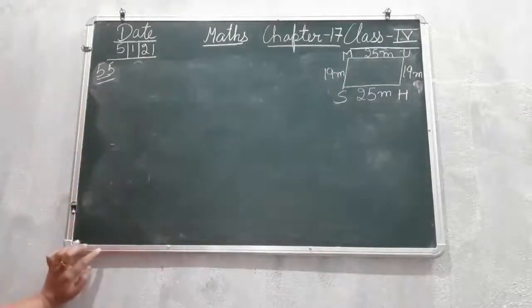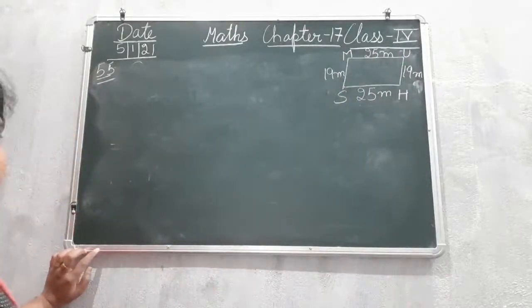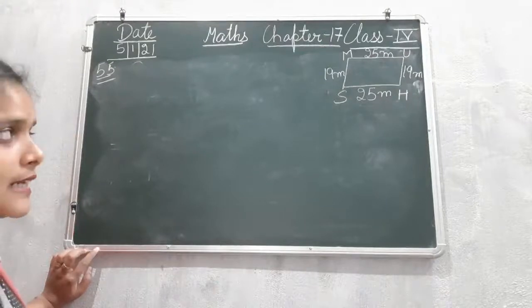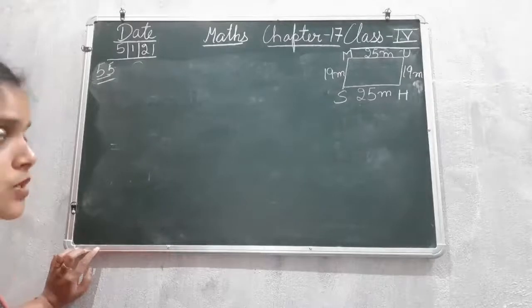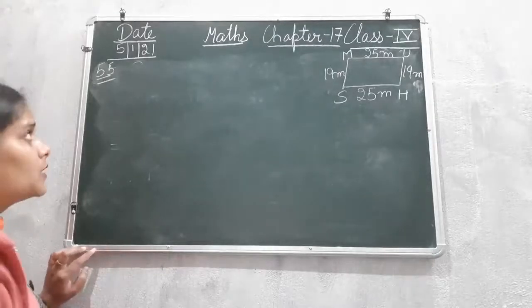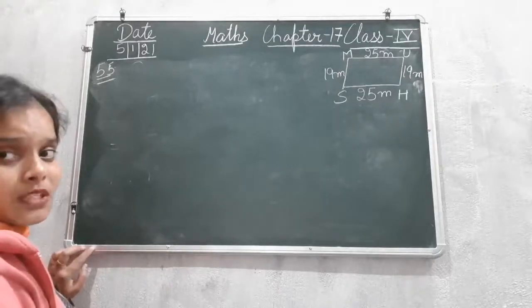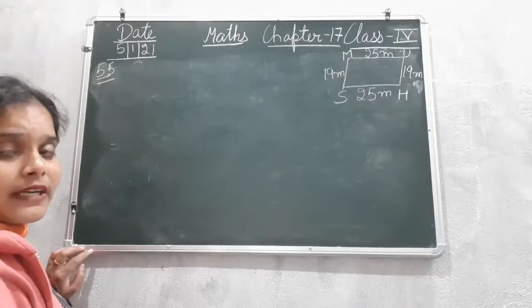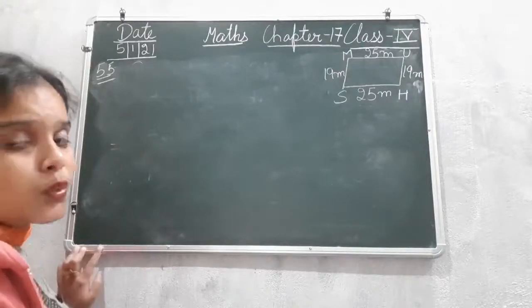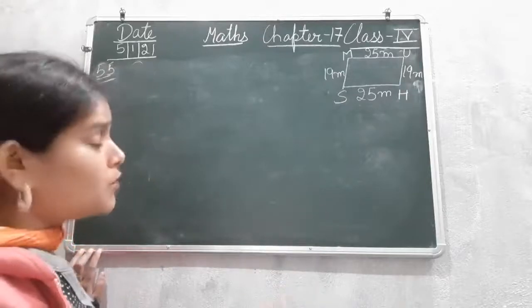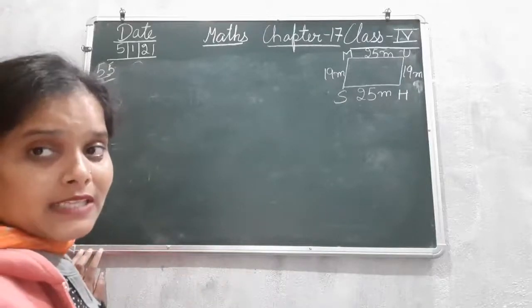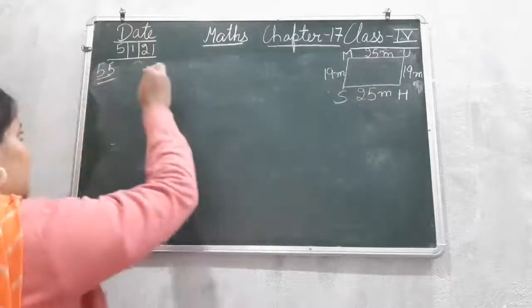Okay. So now I have given this rectangular field the name that I have given, that is SHUM. Now let's find its perimeter. तो perimeter find out करने के लिए what will we do? We will find the perimeter. Okay, so we will add the length of all the sides. So let's find out the perimeter.